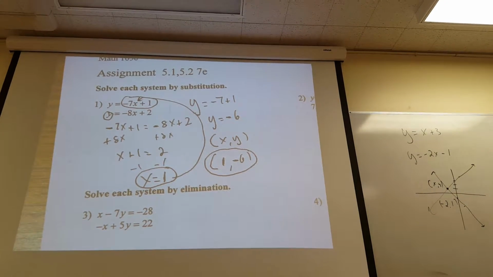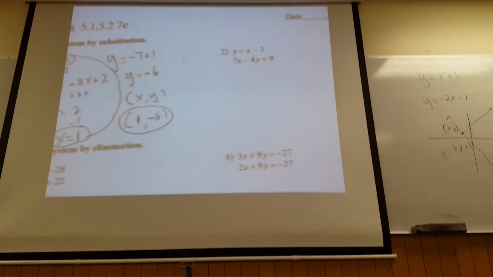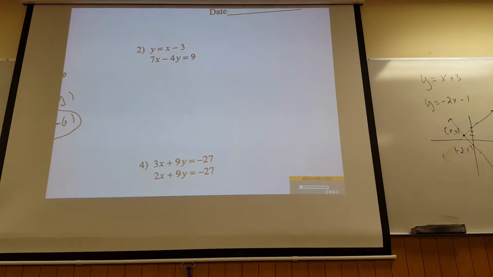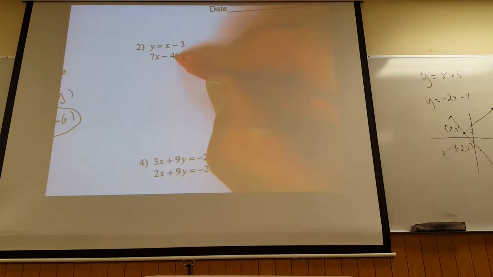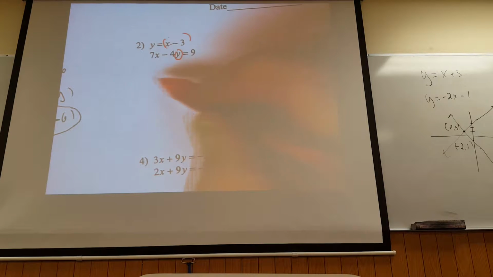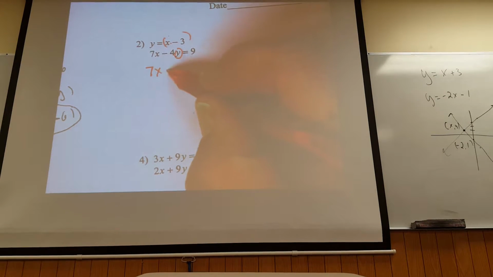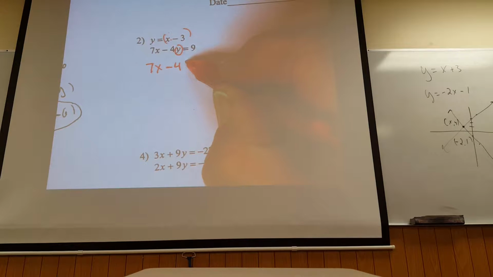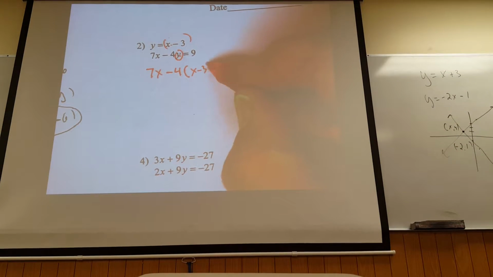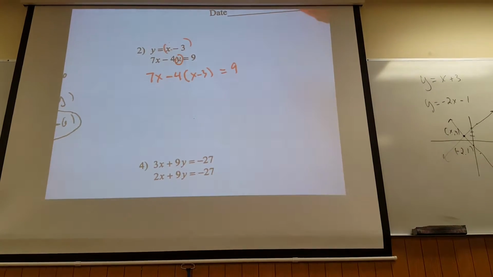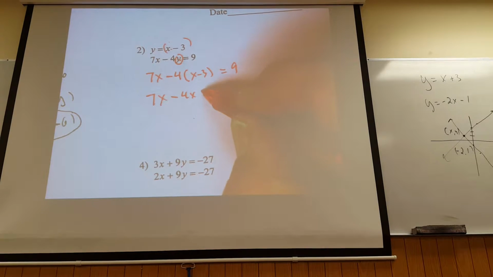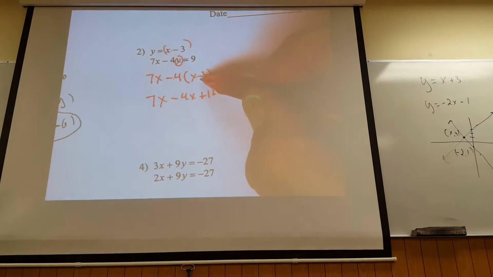A lot of your substitution problems will look like this one, and what that means is that this y here is replaced with the x minus 3 for y up there. So this would be 7x minus 4. You resubstitute y as x minus 3, and that equals 9. Now that's 7x minus 4x plus 12, negative 4 times negative 3,